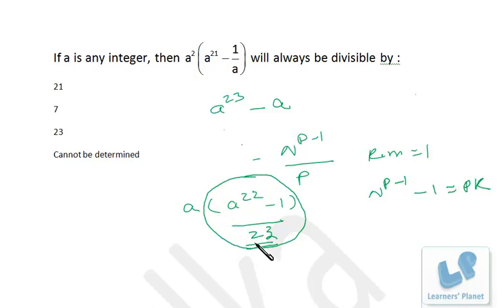If a is not co-prime to 23 and 23 itself is a prime number, that means a will be any number that is multiple of 23. So this a will be multiple of 23. In that case, again this entire expression will be divisible by 23. So either a or a raised to 22 minus 1, one of them will be definitely divisible by 23. So if one of them is divisible by 23, then obviously the entire expression will be divisible by 23 because these two are being multiplied. Okay, so pretty simple problem based on Fermat's theorem, an interesting one also. And if you are not able to recall Fermat's theorem, then it is difficult to solve this problem.